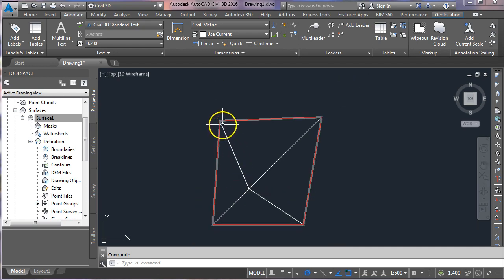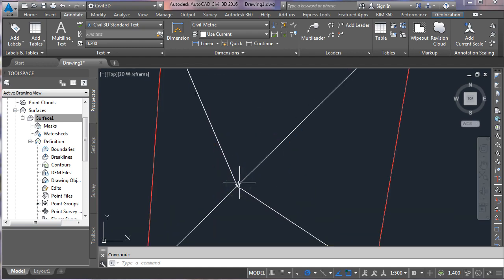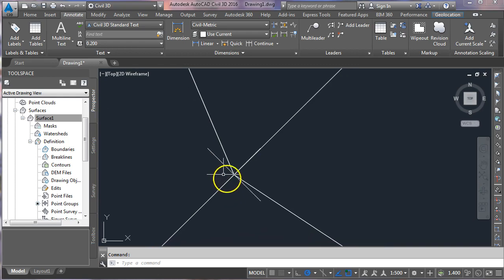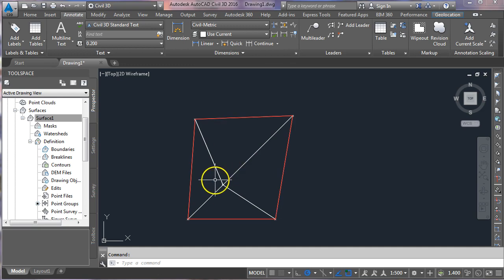It's only got 5 points in it, so the 4 corners if you like, and then 1 spot level in the center in here. I haven't shown the spot level values yet because I want to keep the screen quite clean for the moment. So right now it's just a triangulated surface. Okay, if we want to put on